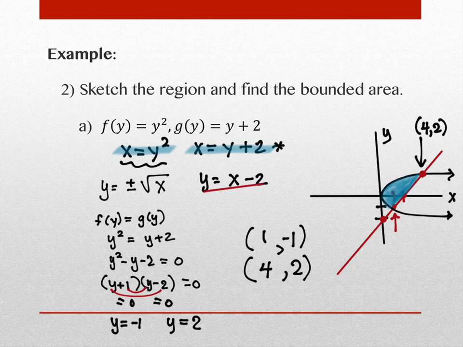So normally it's top minus bottom, right? Because the positive y values are on the top, negatives on the bottom. So instead we're going to do the rightmost equation minus the leftmost equation. So in some sense now,